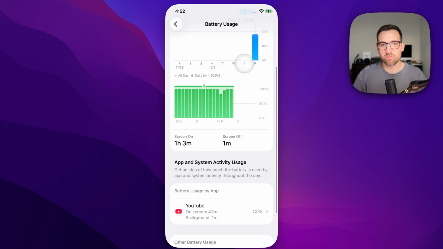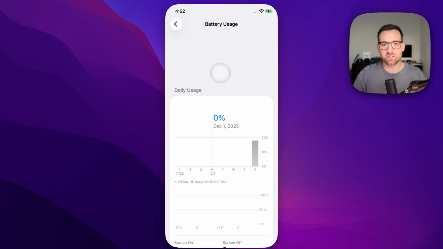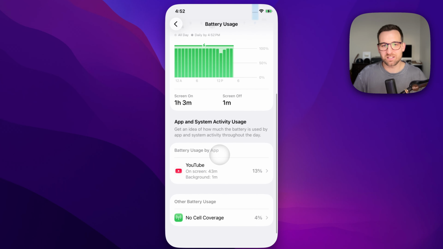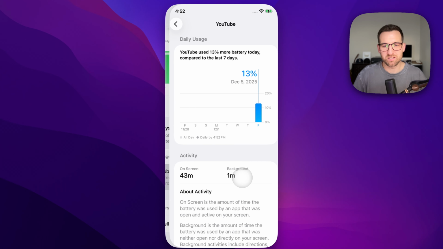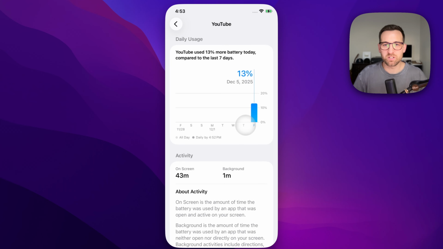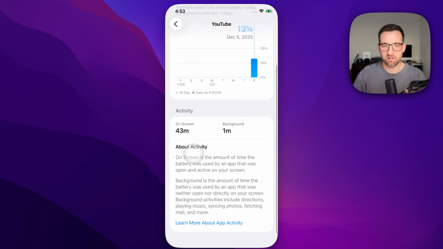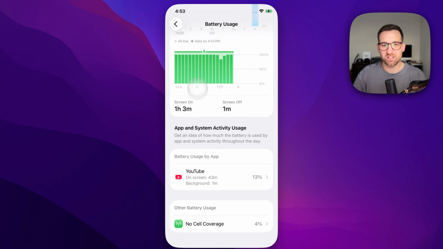You can actually toggle through different days up here and see the usage on these different days if my phone will click. There we go. Okay, you can see the usage when it's been charging, etc. And you can go day by day and see battery usage by app. And we can tap on that to see when YouTube has been using our battery, what days have been the most, how much on-screen and background activity, as well as system resources and other system things that drain the battery,